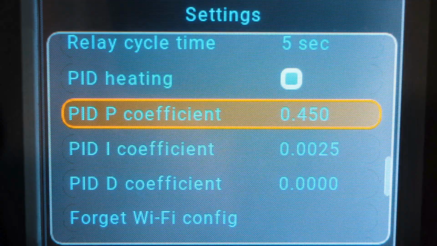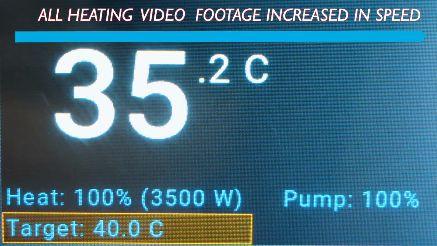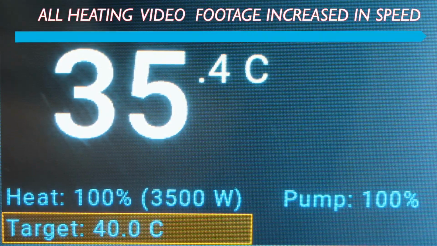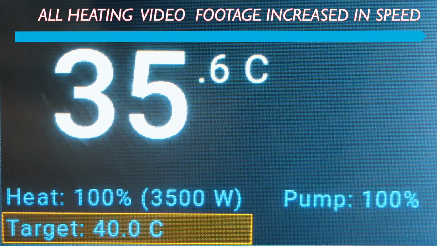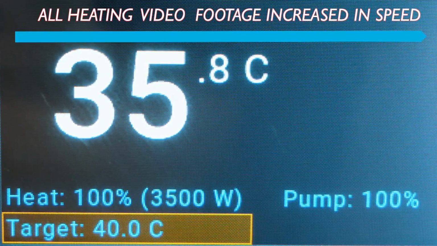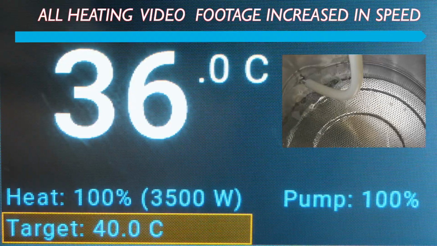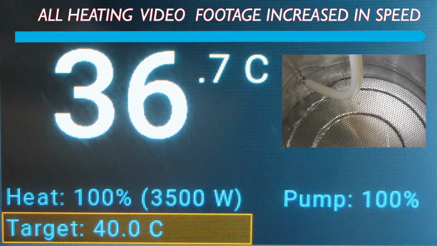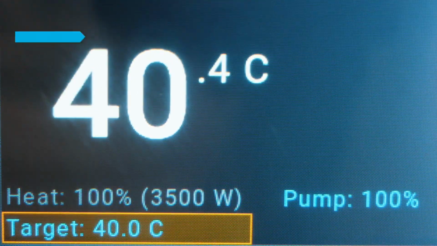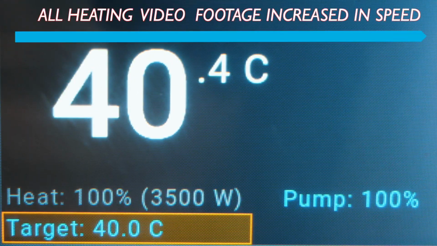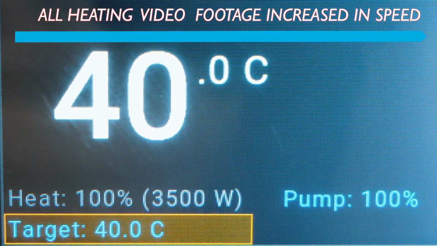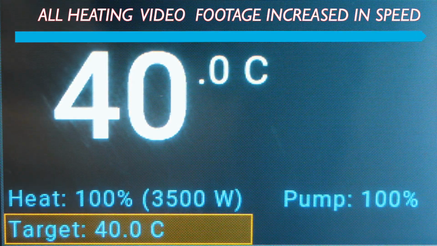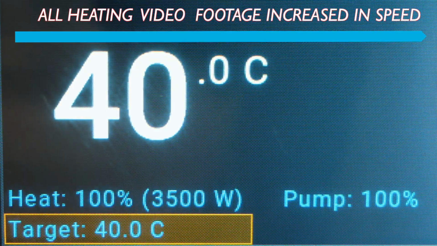I then started off by heating to a low temperature and seeing how that went. By starting low we can use the same water to tweak, so I'm starting at 40 degrees Celsius. I am also running the pump as I would during the mash to create as close to a correct environment for testing as possible. So as you can see here we are overshooting, and this ended up by half a degree at the start, but very quickly stabilised at 40 degrees Celsius. Not bad, but like all tests it can be improved on